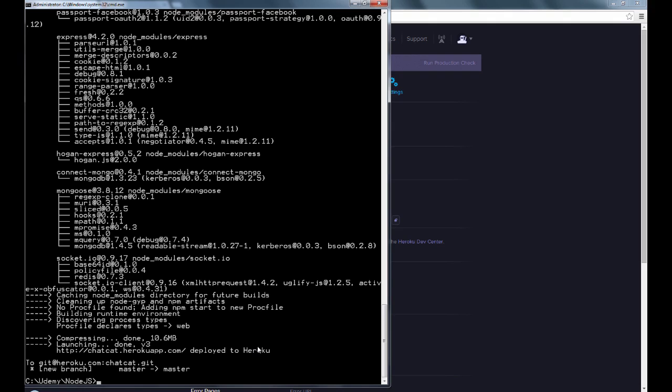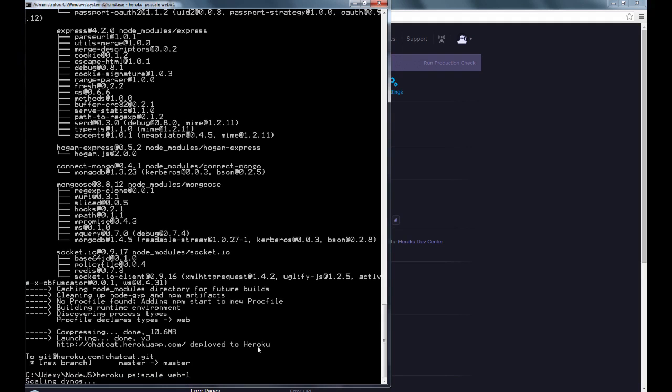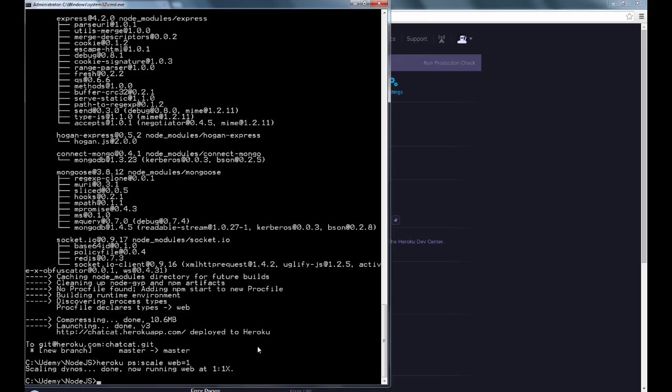Heroku uses a concept of dynos. Think of a dyno as a container with a single app in a single process. The best part about Heroku is that it gives you one dyno absolutely free of cost. So let's activate that dyno and get our app up and working. We'll type heroku ps:scale web=1. This will provision one single dyno for your Node app. And remember, this is free.